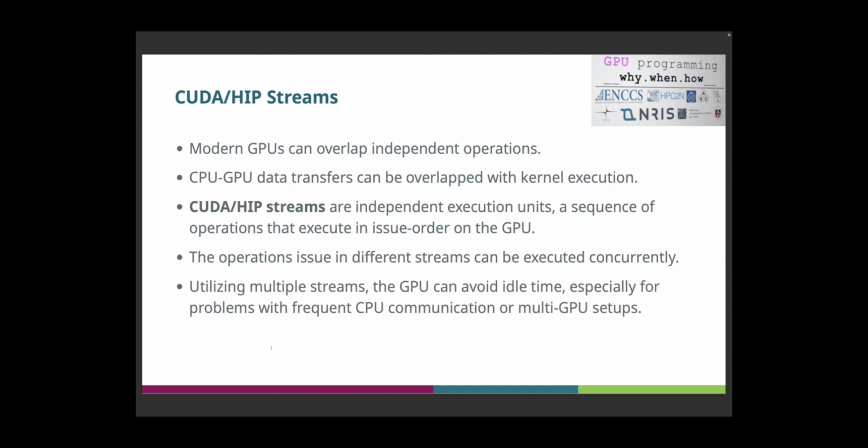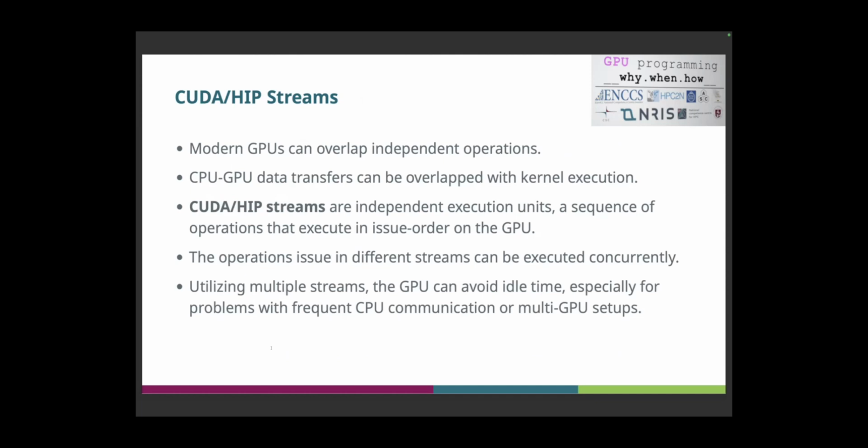So what we can do is divide our problem into smaller parts, and then start to copy the data in small chunks, and when they reach the GPU it can start to work on them, and at the same time we can also initiate other copies,